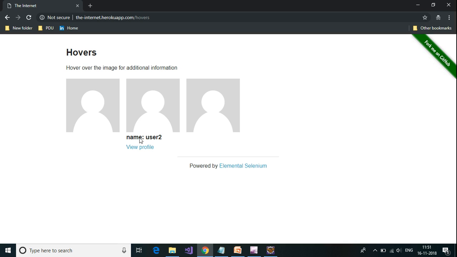This is only possible when we move the mouse over to that particular image. So this is one wherein we will be using mouse control, and the other one will be